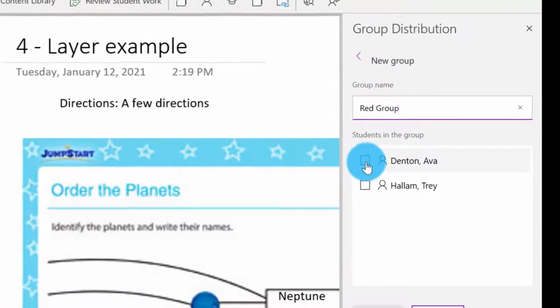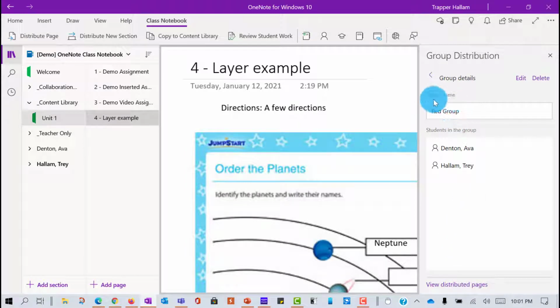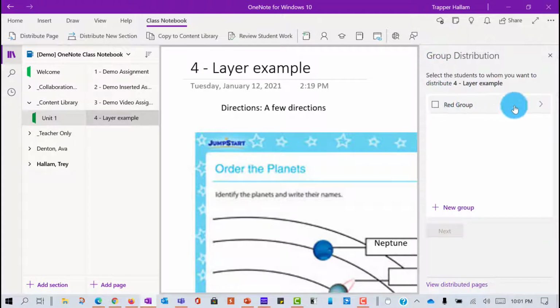And then we can choose the students. We only have 2, so we'll pick the 2 that we have, and we'll go ahead and click Save. So what this did is this now named the group, the Red Group. I've got both of my students in here. I can go back 1 level, and you'll notice that now I've got Red Group. And I could create a bunch of other groups if I had more students, which I don't, but now you can see here